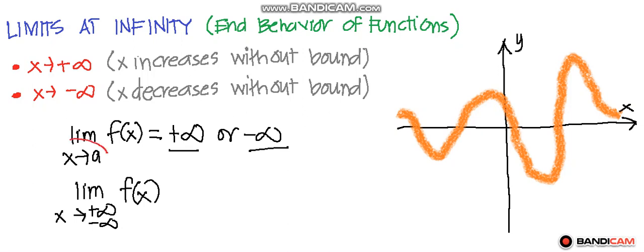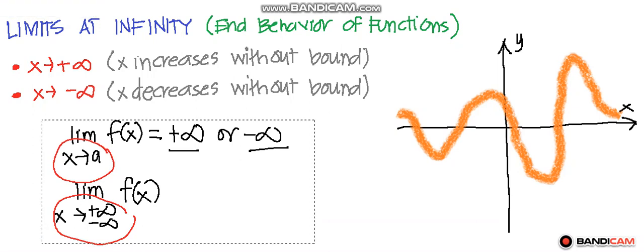Sa infinite limits, you are approaching a real number. Dito sa limits at infinity, you are no longer approaching a real number. Okay, but you are just approaching the positive infinity or the negative infinity or series of real numbers, okay, represented by the infinity sign. Kaya meron tayong dalawang mahalagang notation for our study of limits at infinity. Yung una class, it is that x approaches positive infinity or that x increases without bound. Yung pangalawa naman class, it is that x approaches negative infinity or that x decreases without bound. Okay? So, in-explain ko naman na sa inyo class that